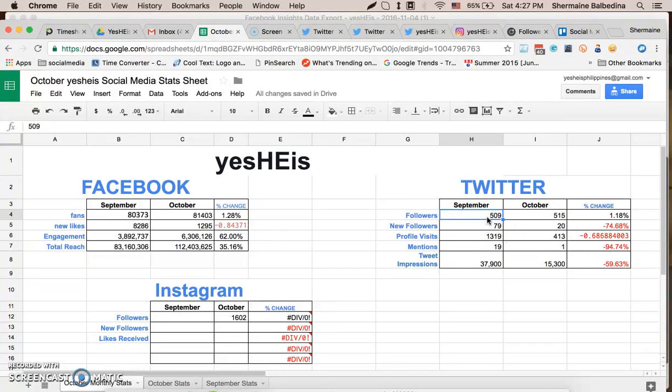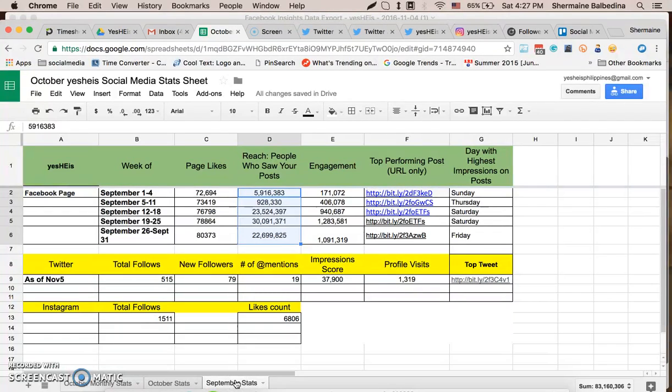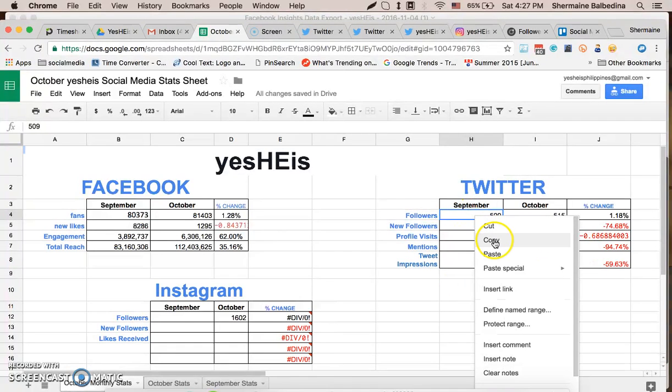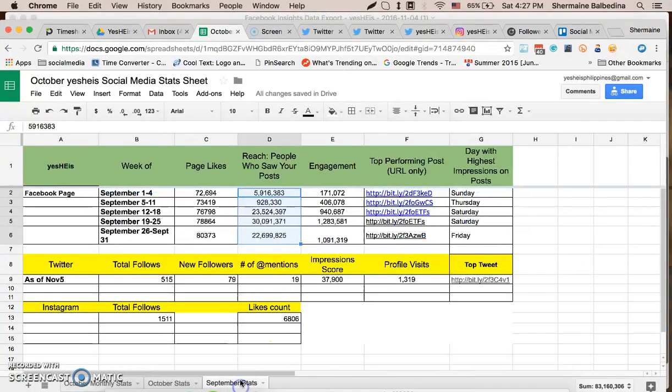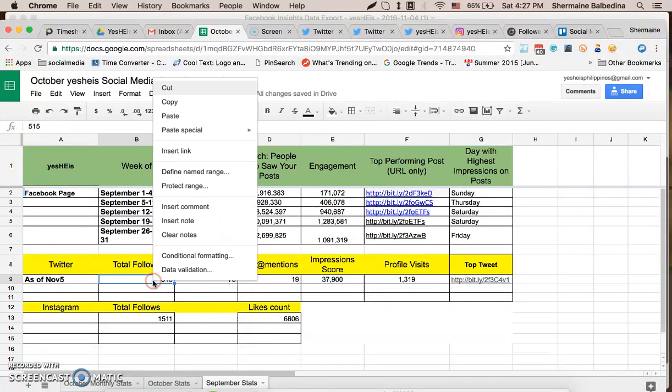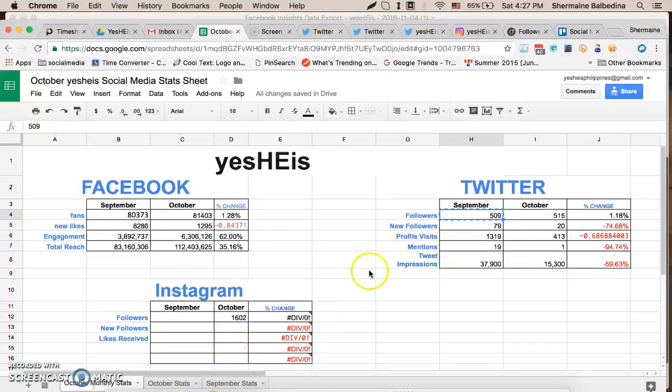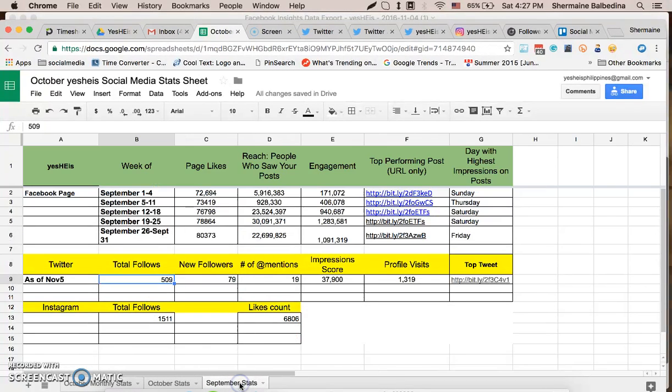So number of followers on Twitter last September, I didn't know that I had that data last time. So September number of followers is 79.